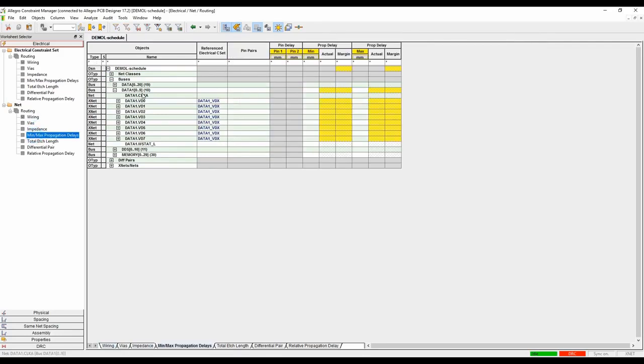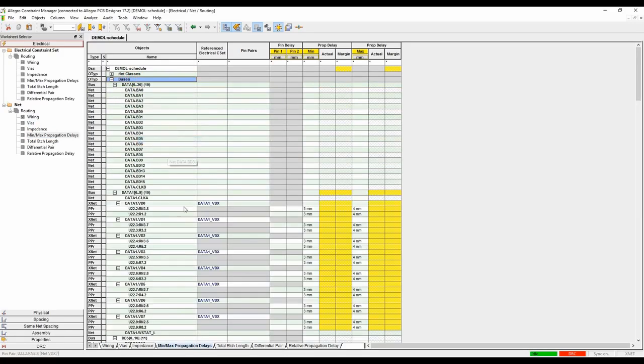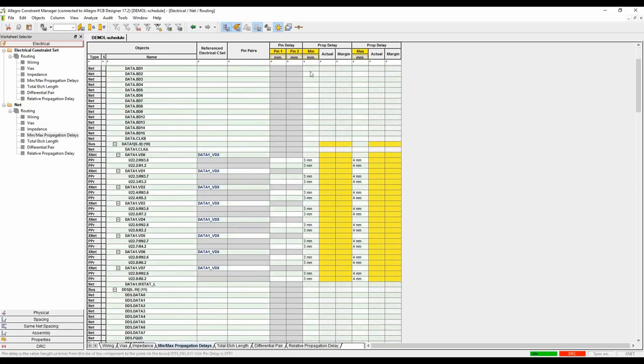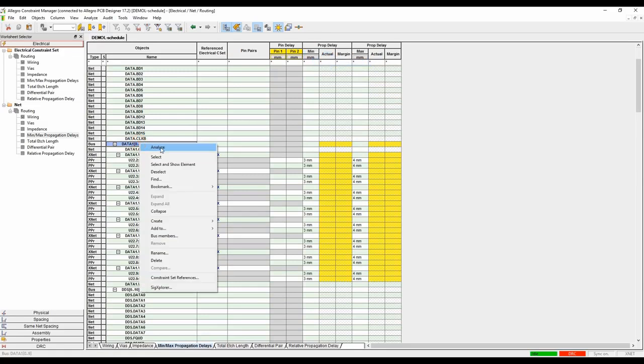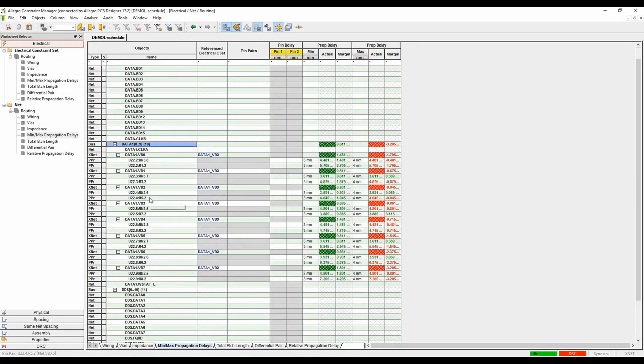If I go to the propagation delays, let's just do an analyze here. Sorry, we need to do an expand, or actually not an analyze. You can see that the individual, if we turn the rules on, so let's just turn the rules on for these two, and then we'll analyse this again. What's happened here is that all the individual different resistor groups have been set for the different pins on the ICs based on the topology. So it allows you to automate a lot of this process, which can really speed up